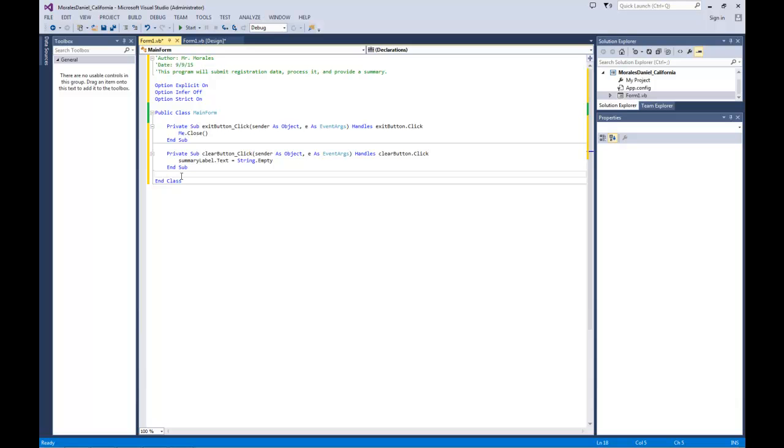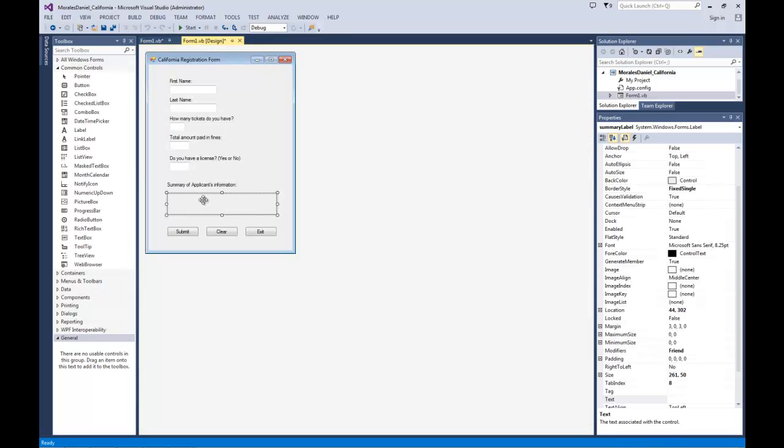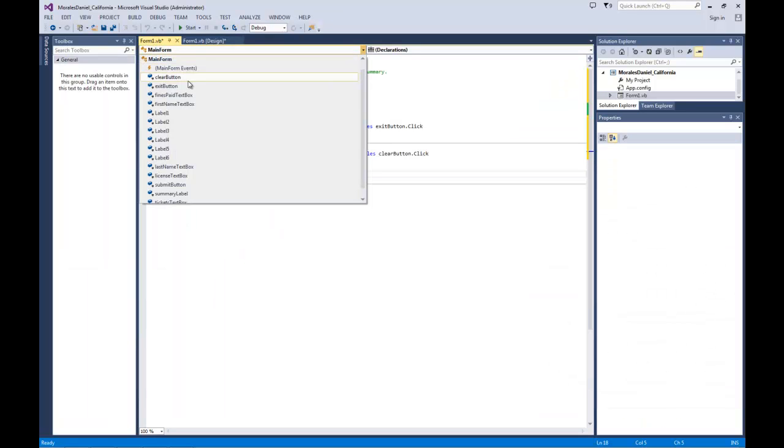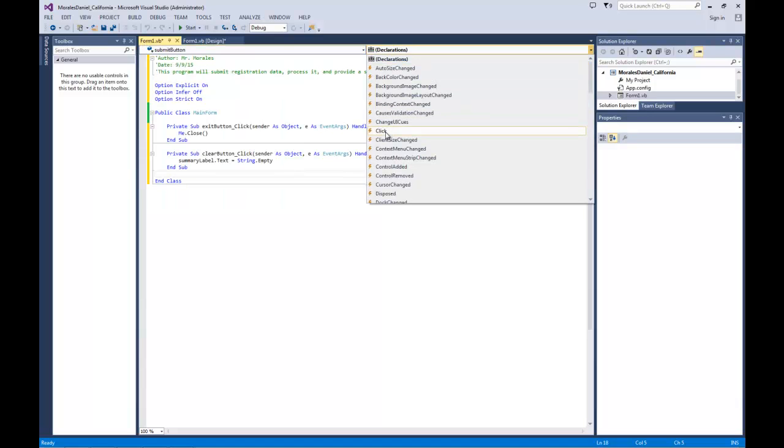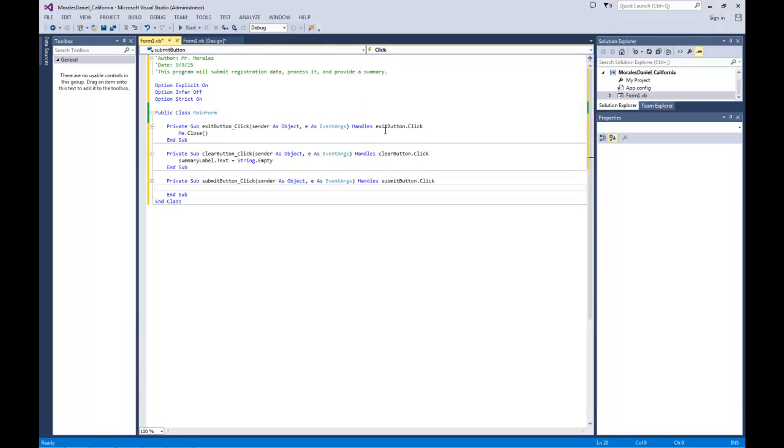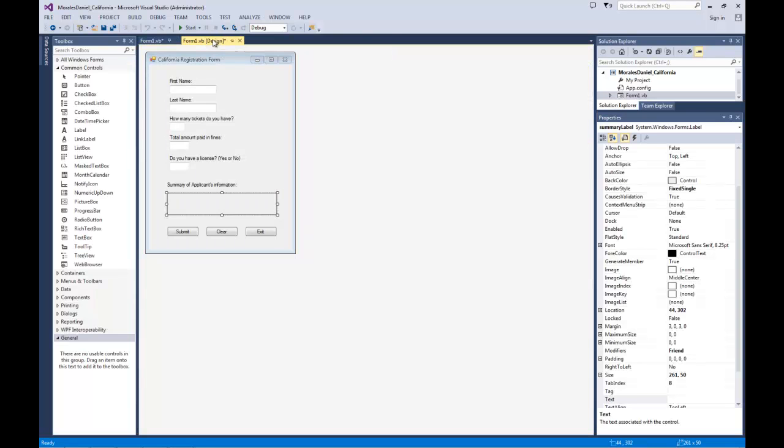Okay, next item. Now what we want to do is program the submit button. So let's take a look. Let's look for our submit button. We're doing the click event. So here we go. In this area, this is where we are going to declare our variables. And as a rule of thumb,